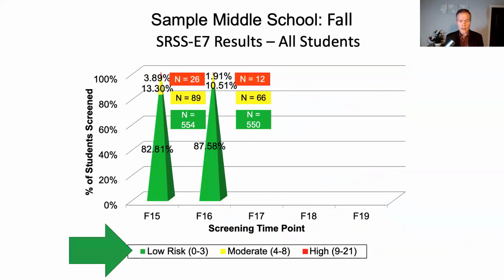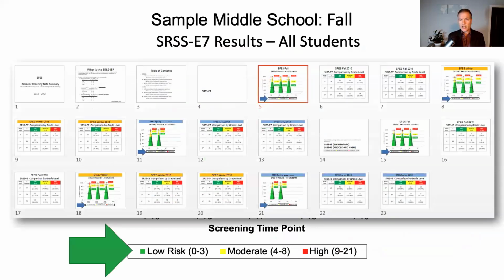We have templates on our website that can help you share those data. This is a PowerPoint slide that you can double click on the graph and enter the percentages. And it gives you plenty of slides to share that whole school snapshot as well as the grade levels. And then by building those triangle graphs over time, you can see how you're doing comparing slides each year over year. So we compare fall to fall to fall to see how we're doing,